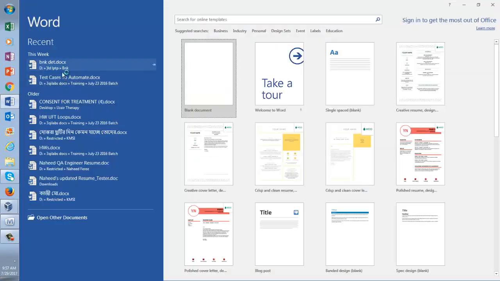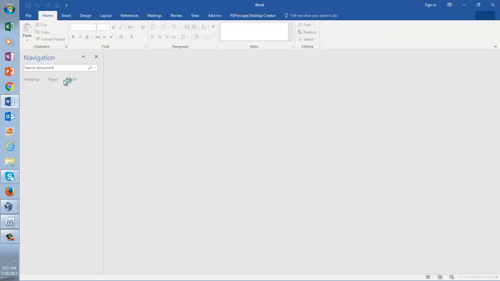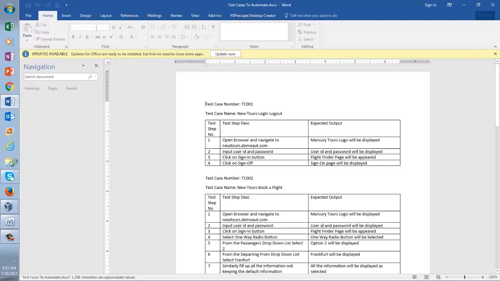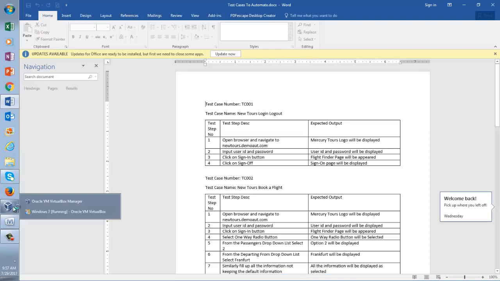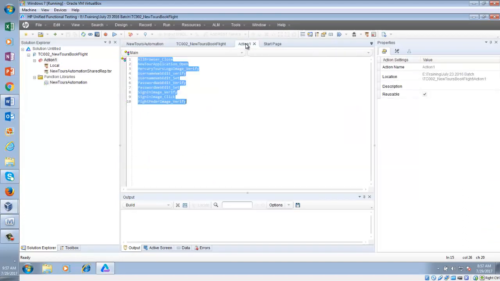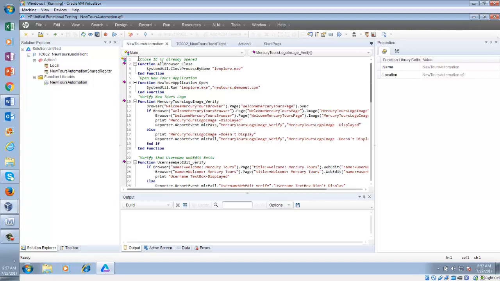Now why do we have to put the details of the functions into the function library? Is there any answer from you guys? Yeah, but as you can see here, we have only written the name of the functions here, but the details of the function we have written in a function library.